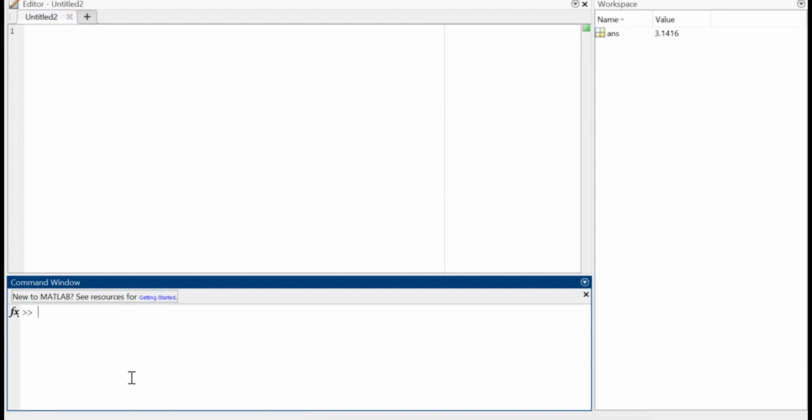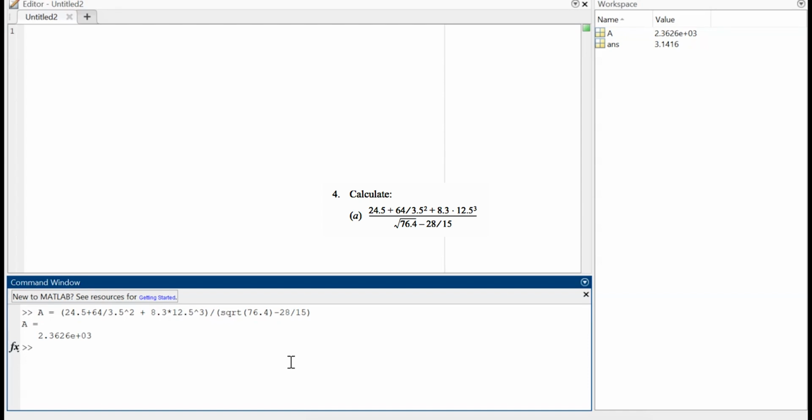Let's solve a numerical expression. The expression says 24.5 plus 64 divided by 3.5 squared plus 8.3 multiplied with 12.5 cubed, whole divided by square root of 76.4 minus 28 by 15. The use of parentheses while typing the expression is very important. The result is